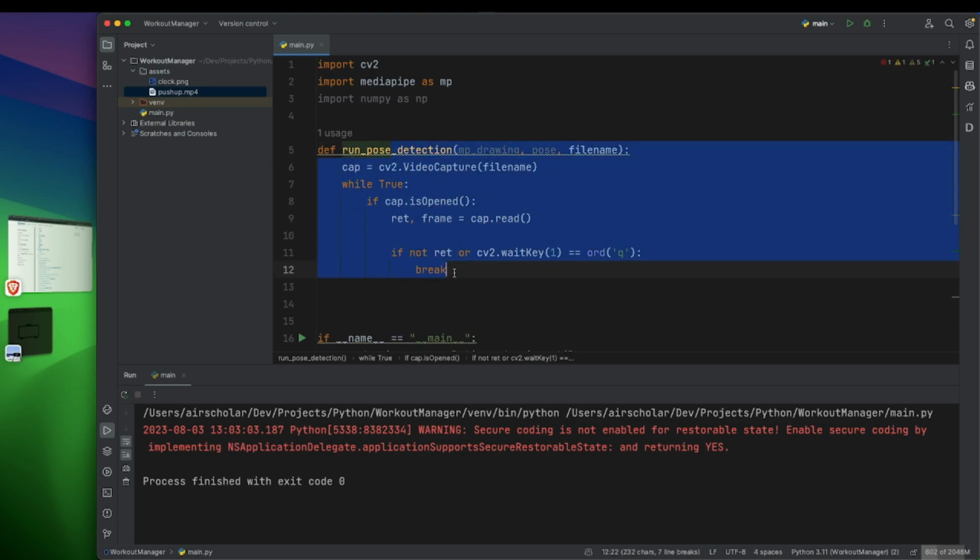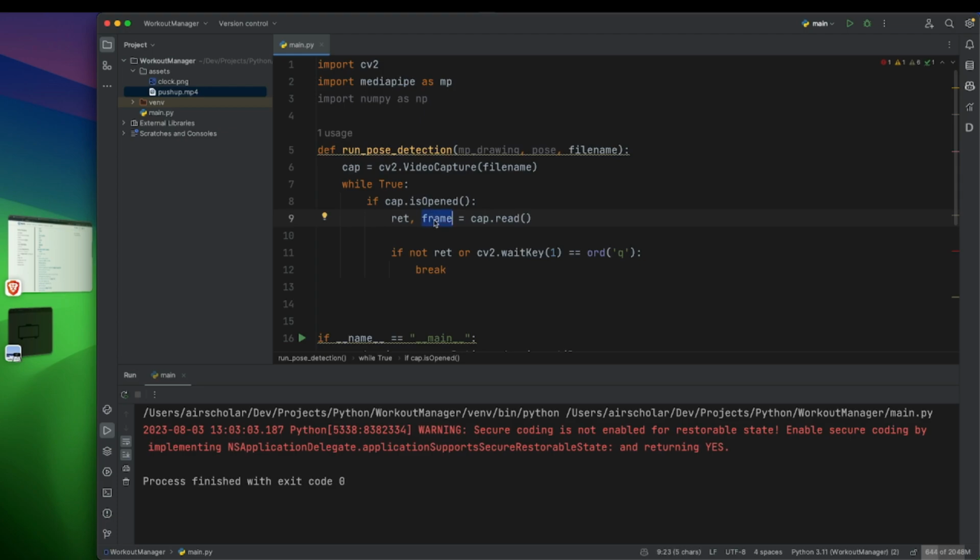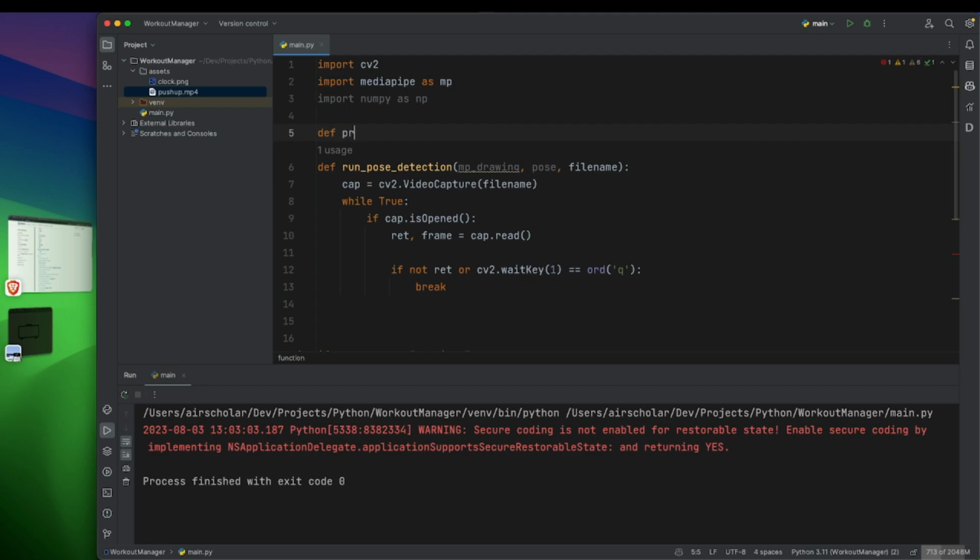This just shows us the video. We need to be able to process each frame that is coming in from the video itself. So we are going to have a different function called process_frame, and this is going to take three arguments. We have the frame, we have the pose,